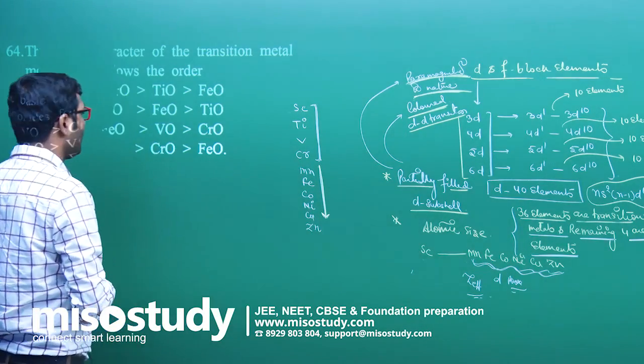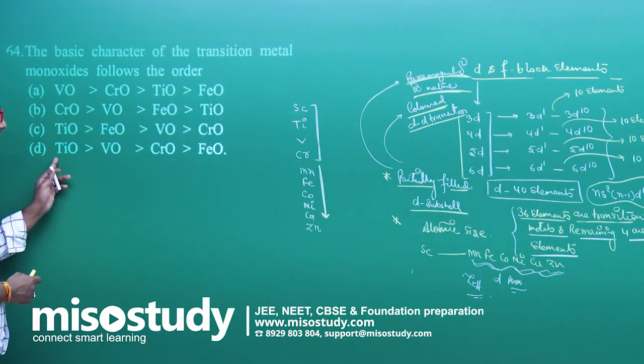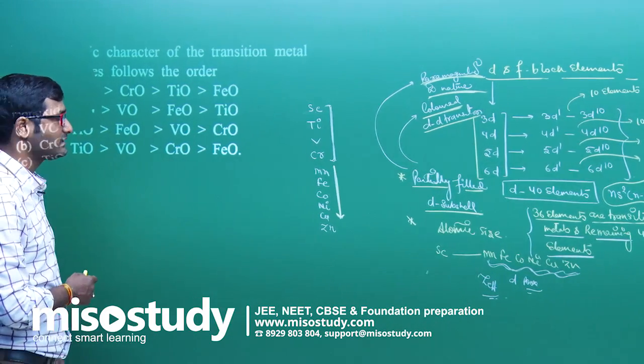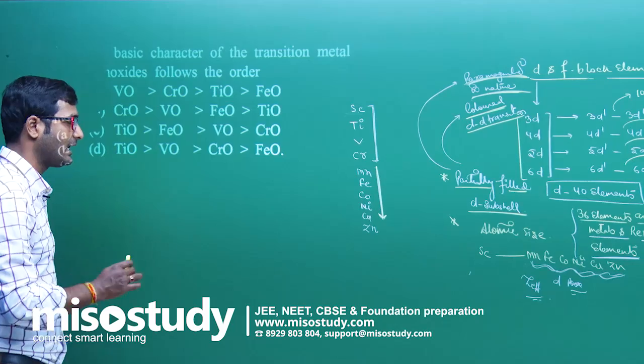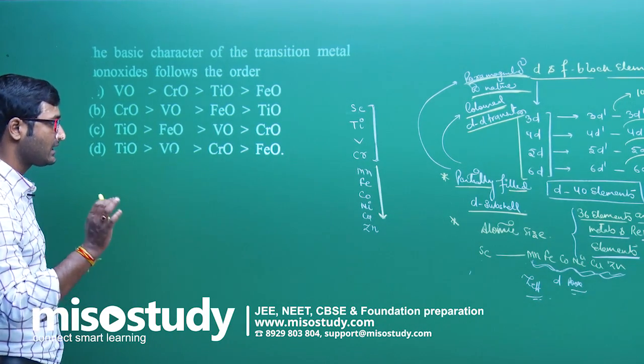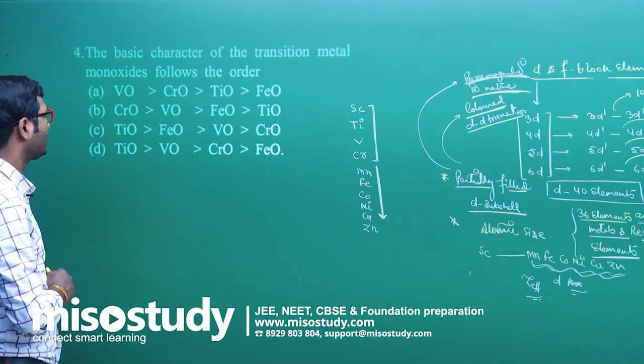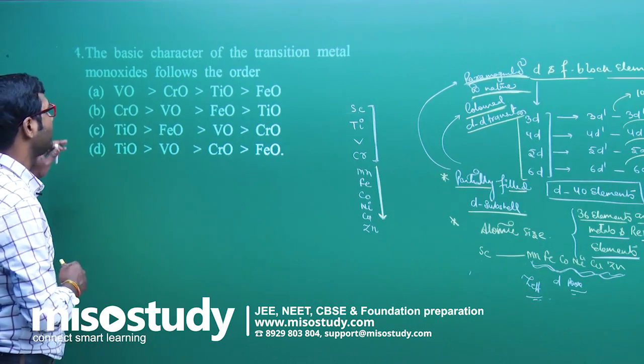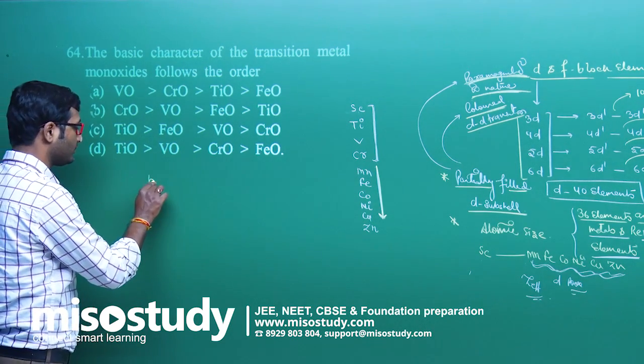So when we move from titanium to Fe, there is a decrease in the size of the atom. If there is a decrease in the size of the atom, then the basic character of the monoxide